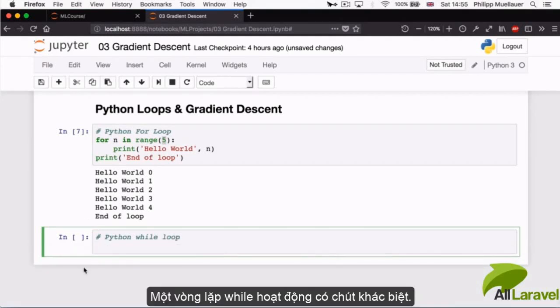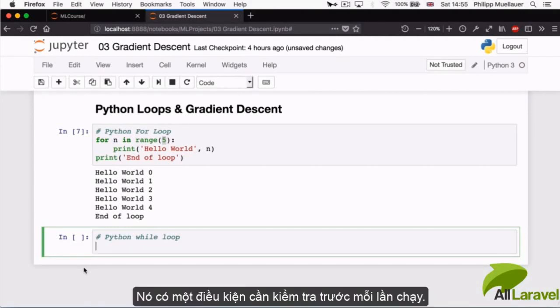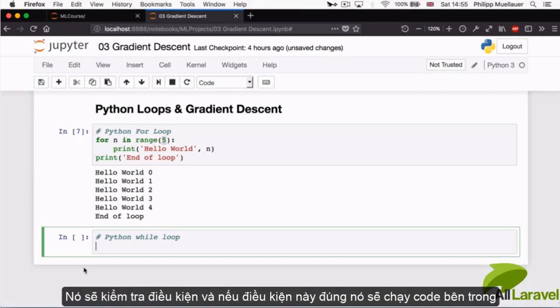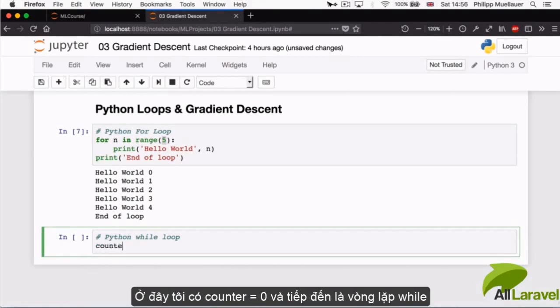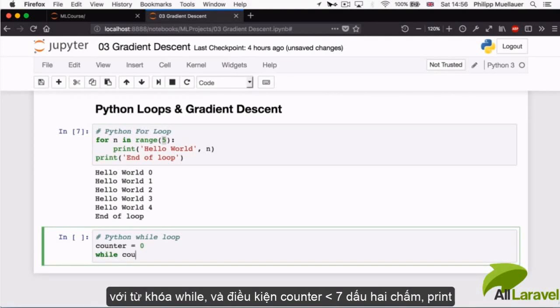A while loop works a little differently, right? It has a condition that it checks every time it runs, right? So it'll check the condition, and then if that condition holds, it's going to run the code inside the loop. And it's going to continue doing that until the condition fails. So if I have a counter and I say it's equal to 0, and then I can write my while loop like this. I can say while, which is a keyword, and say counter is smaller than, I don't know what, 7, colon,